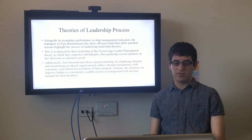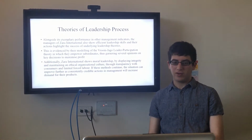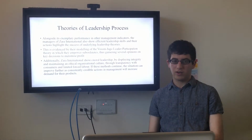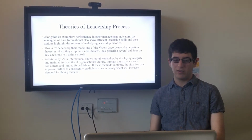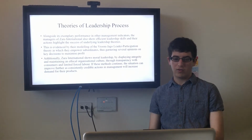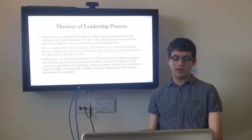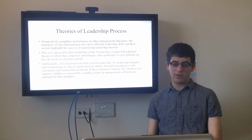Alongside its performance in other management indicators, Zara shows effective leadership skills and highlights the success of underlying leadership theories. This is evidenced by the modelling of the Vroom-Jago leadership participation theory, in which they empower subordinates to help with decision making, garnering several opinions on key decisions to maximise profit. Furthermore, Zara shows moral leadership by displaying integrity, by sourcing alternatives to leather and fur products, and transparency with customers, with limited forced labour of children. If these methods continue, Zara's performance will only improve, as they find credible actions of management and an increase